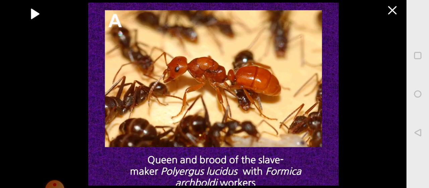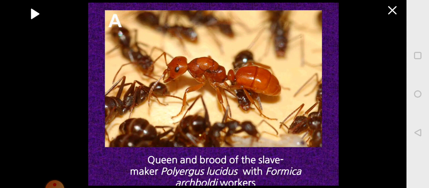So here there is another interesting thing what you see in the ants, which is called as slave raid. What do you mean by slave raid? Here there are two ant species. One is Polyrgus lucidus, the other is Formica arcboldi. Now this Polyrgus lucidus will go to the Formica arcboldi colony and they will confuse the defenders of the Formica arcboldi. The Formica arcboldi has got a colony and this colony will be guarded by the